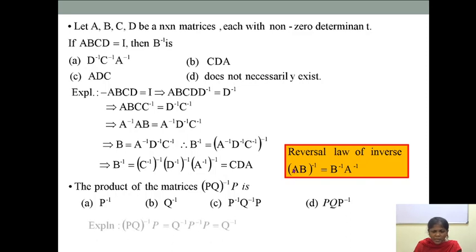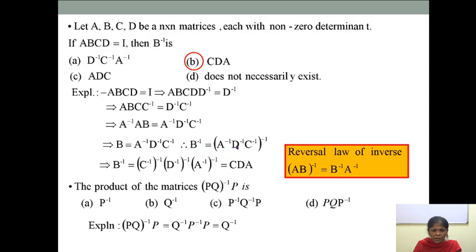So what it says is, inverse of AB is equal to B inverse A inverse. Why is it called reversal? Because the inverses are being taken in reverse order. It means it starts from the last one. Here you will find B is the second matrix, so first I will take the inverse of the second matrix. Here I am having three matrices, so I will take the inverse of the last, that is the third matrix, first, then the second one and the